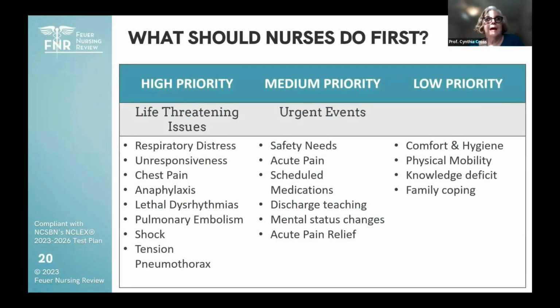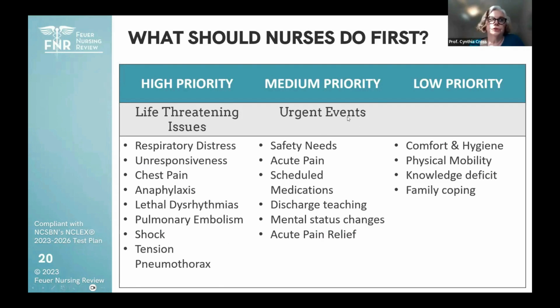Okay, and this is a way to categorize priority. Just an example. I think it's pretty obvious that life-threatening things could really kill my patient quickly, right? So those have to be a priority: respiratory distress, chest pain, anaphylaxis, lethal cardiac dysrhythmias, shock. Those are all things that if I don't do something right away, it's going to be very dangerous to my